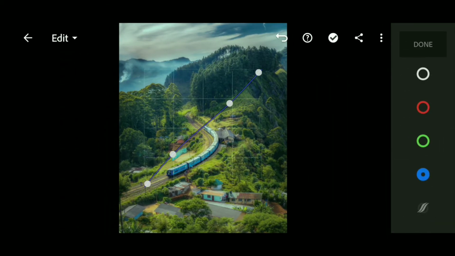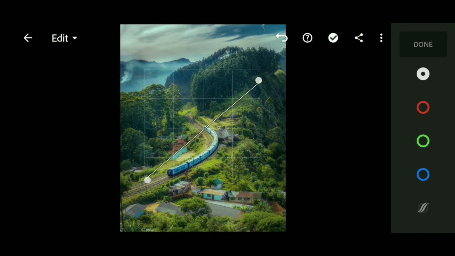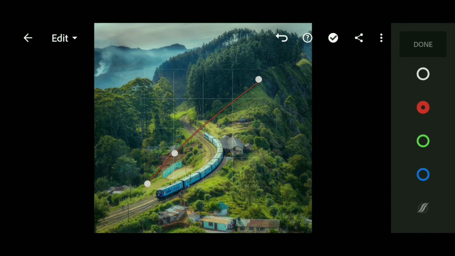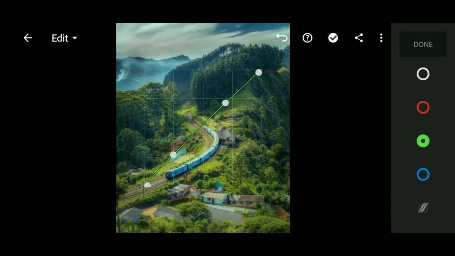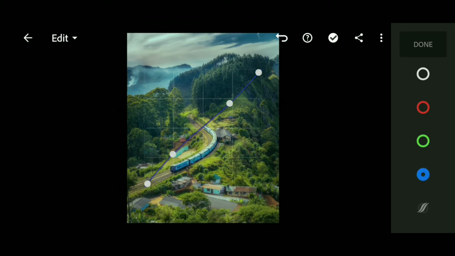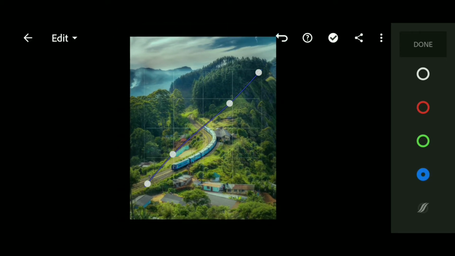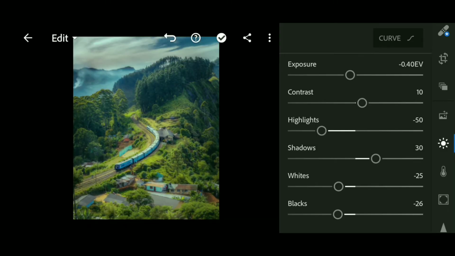Let's check the curve. And done. Now let's move to color.